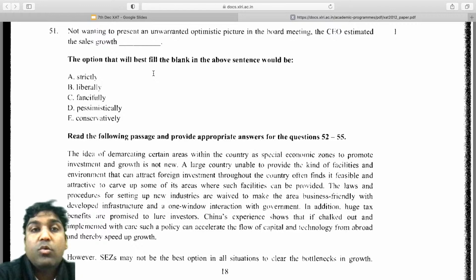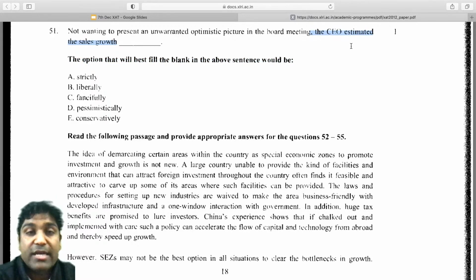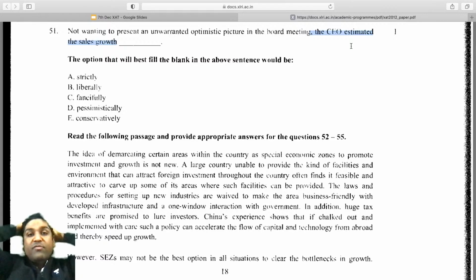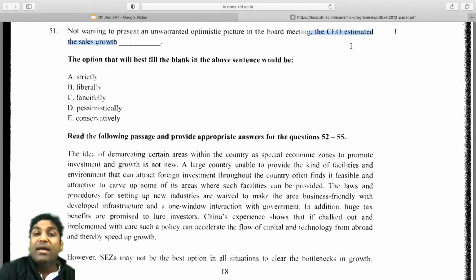Question 51. Not wanting to present an unwarrantedly optimistic picture in the board meeting, the CEO estimated the sales growth dash. The option that will best fill the blank in the above sentence would be,